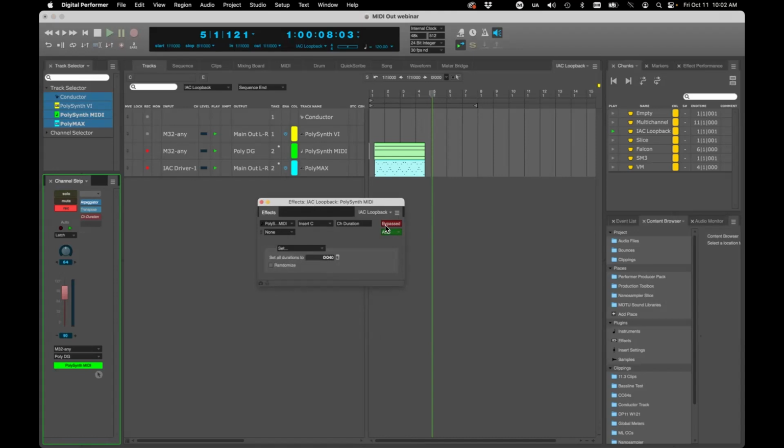But what if I shortened them? I said, okay, I'm going to ARP and I'm going to transpose it up an octave, and I want to cut those down to less than half of their length. Why would I do that? I don't know. What if you want the notes to be really, really short because it's triggering some particular type of sound that you've created, this custom synth sound. So if I hit record and I play a chord here,